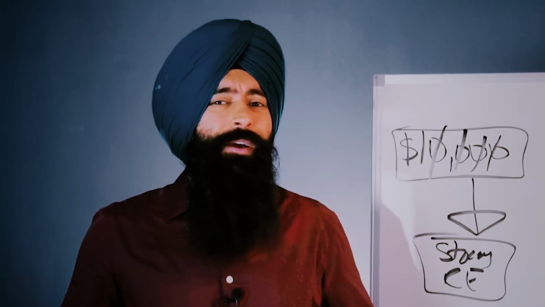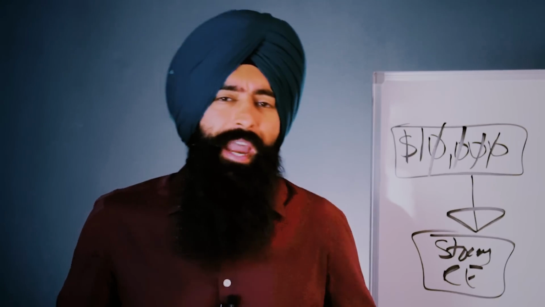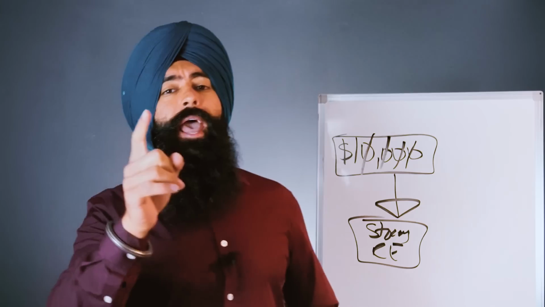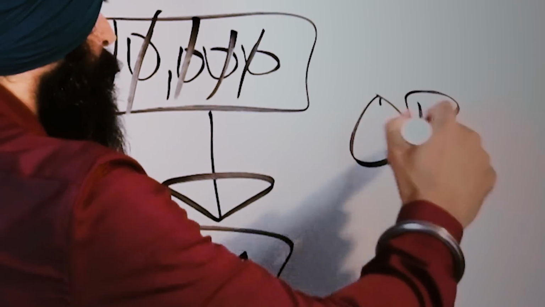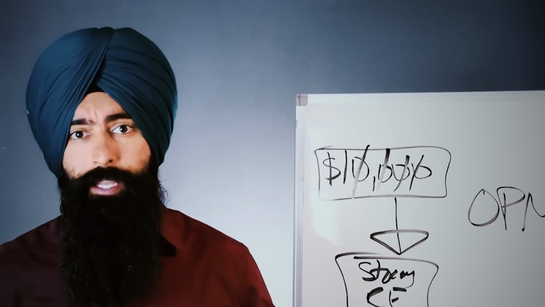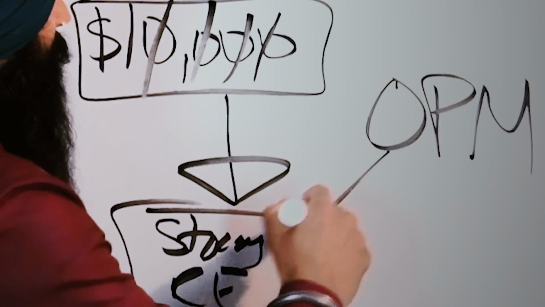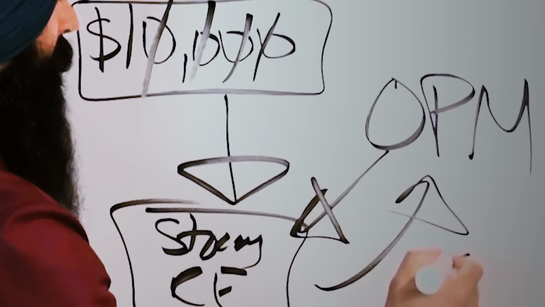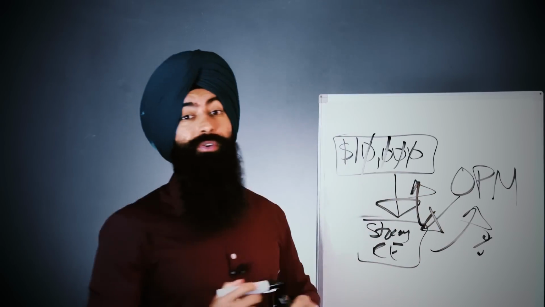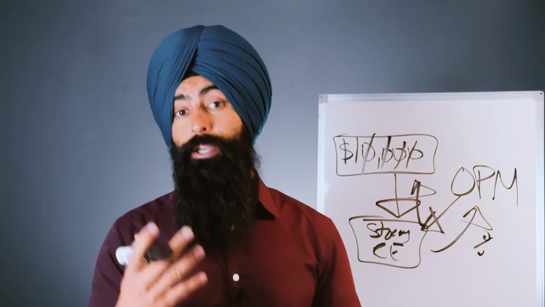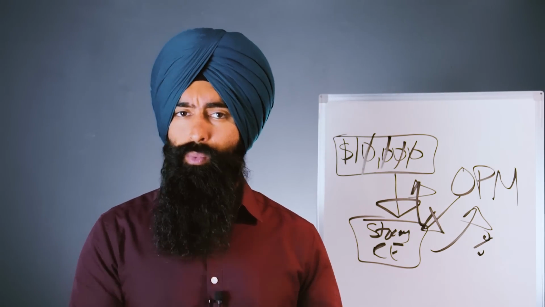And this is where people say, well, Jaspreet, if I don't have a lot of money, how am I really supposed to invest my money practically? I mean, I'm not going to really get any return. And this is where people will say, well, you can use OPM. Go borrow money from the bank. Go use margin from your stock brokerage and now use other people's money. Use somebody else's dollars to then invest. That way you can pay them back a little bit of interest and then you get to keep all the rewards, the profits. Now this can be great when it works, but when it doesn't work,